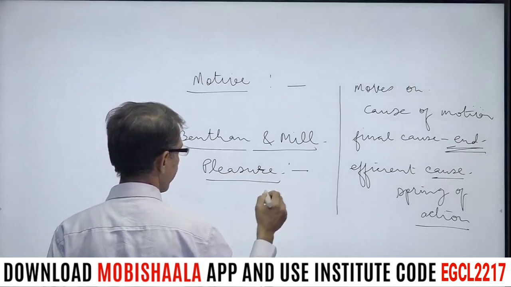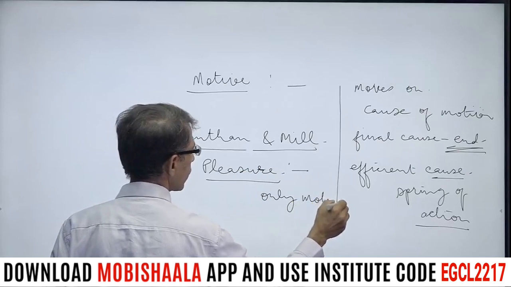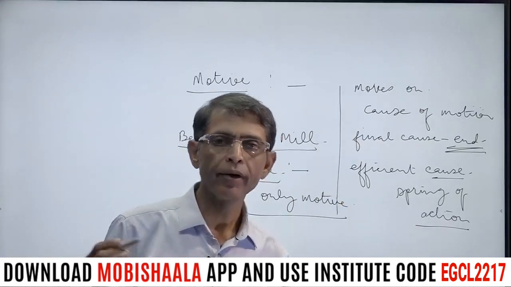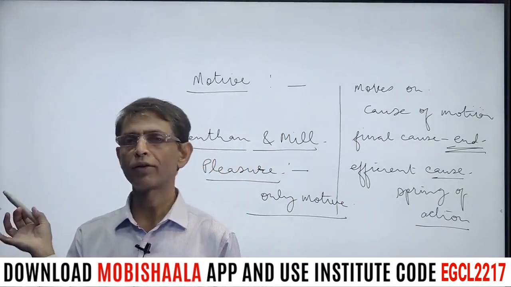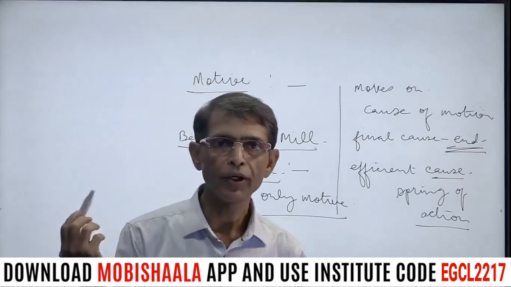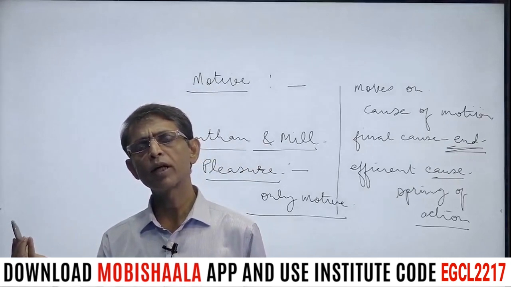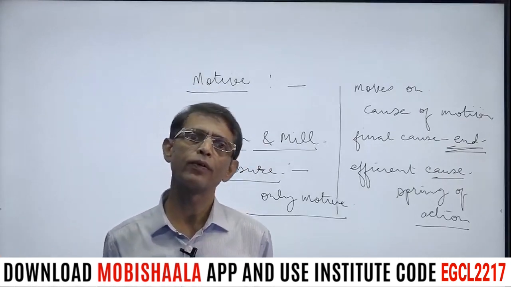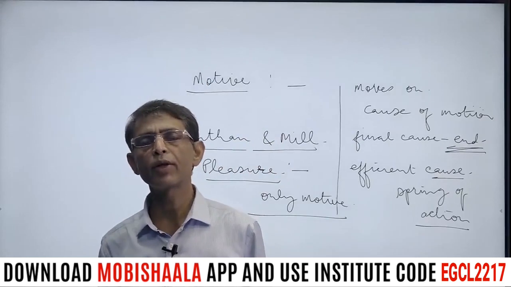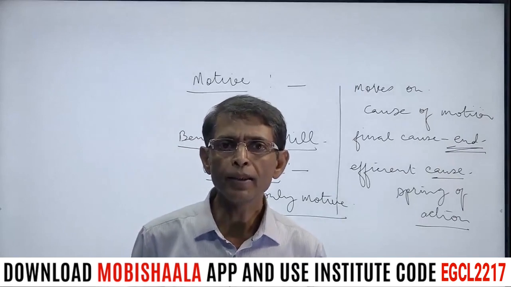This is the only motive of human action, because it's man who is always in search of pleasure. So he hardly makes any difference between the spring of action and the end of action. This is pleasure, what the man is always seeking. So in every action, as far as the motive is concerned, as far as the ultimate end is concerned, it is nothing but pleasure. So pleasure is the driving force. Later on with hedonists, we will try to understand that it is defined as pleasure, but this viewpoint is not correct. Why is this viewpoint not correct?